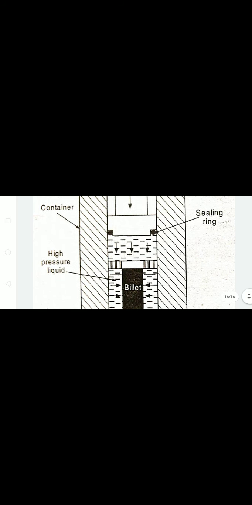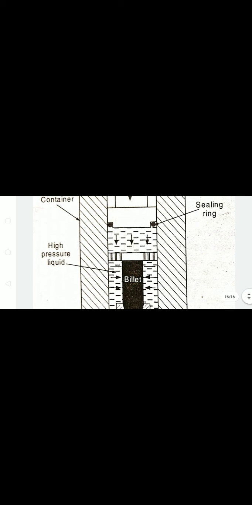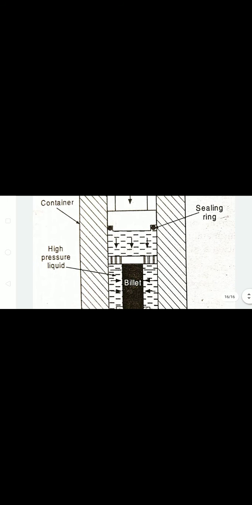In earlier processes, pressures are not distributed uniformly throughout the cross sectional area of the billet. But in this, fluid is used, so high pressure forces are distributed uniformly throughout the billet. Thus the billet is free from the container surface, and practically there is no friction between the billet and the container. Liquid surrounds the billet. There is no contact between the container wall and the billet surface. Absolutely there is no friction.